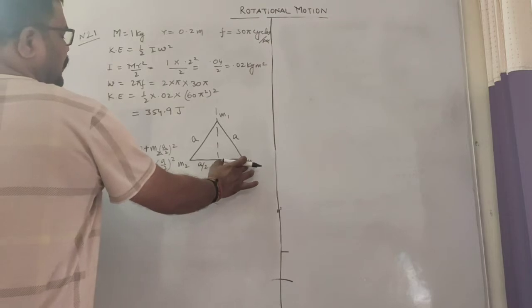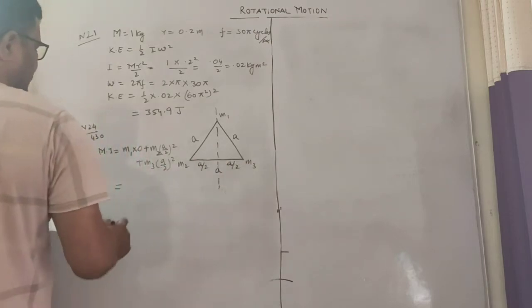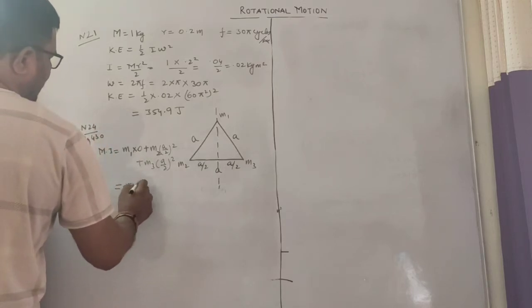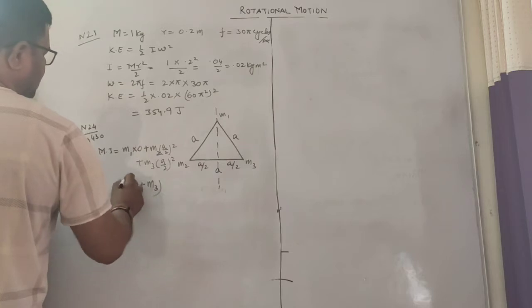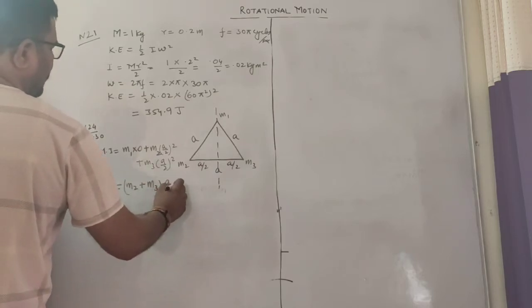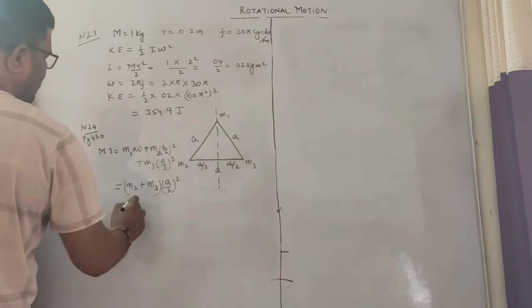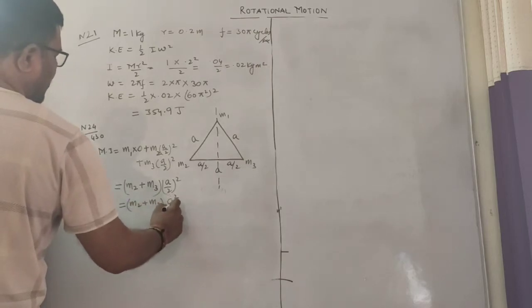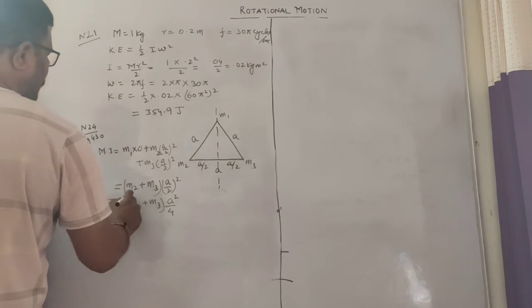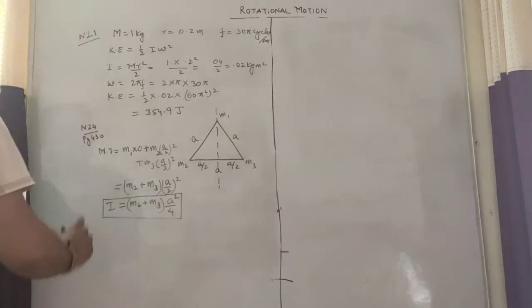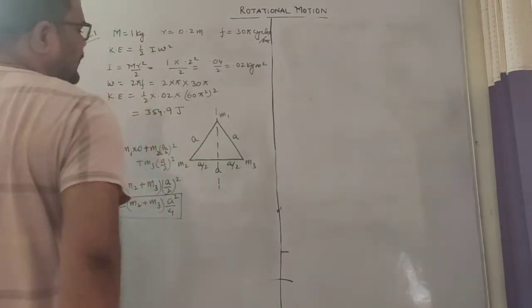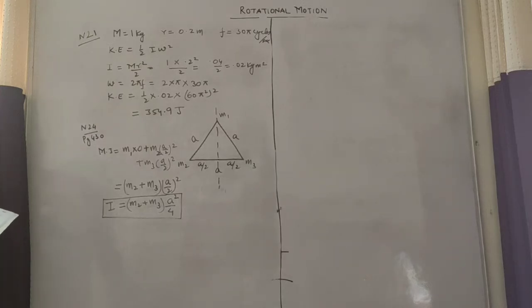See, I have to take the mass from mass and the distance, because here distance is 0, so it will be 0. So here what is common? A by 2 whole square is common. I am taking m2 plus m3 multiplied with a by 2 whole square. So this becomes m2 plus m3 a square by 4. This is the net moment of inertia through this diagram. I hope this diagram is clear to you all. We will not consider this distance because we have to consider perpendicular distance from the axis of rotation. So the answer is m2 plus m3 a square by 4.